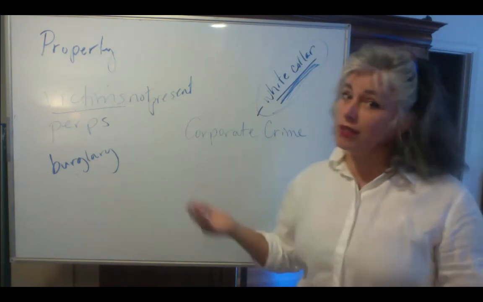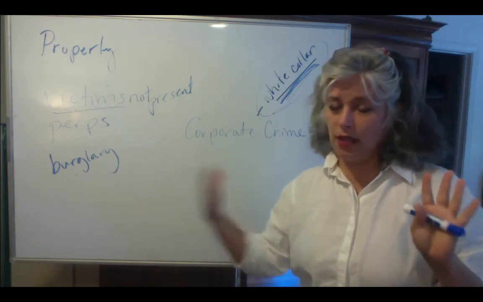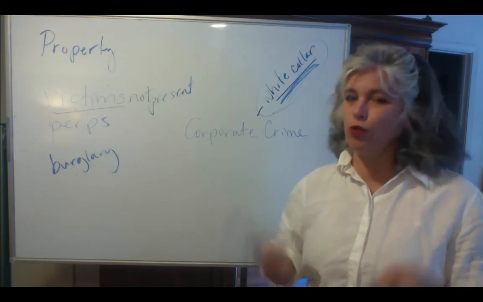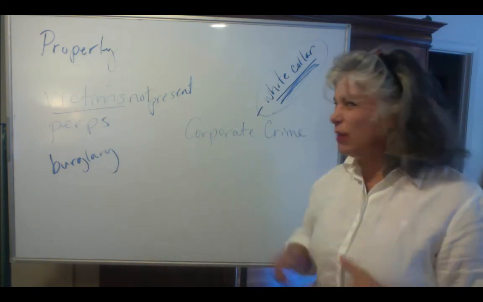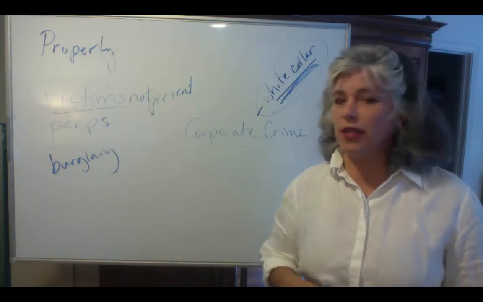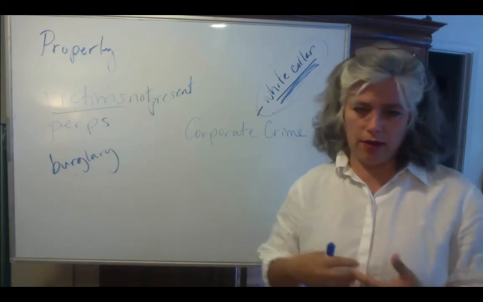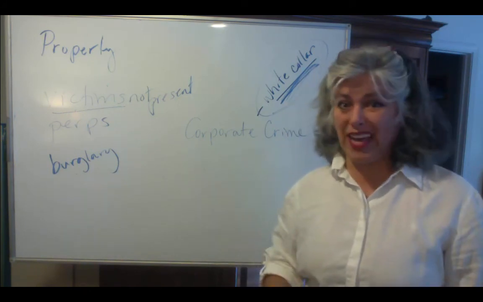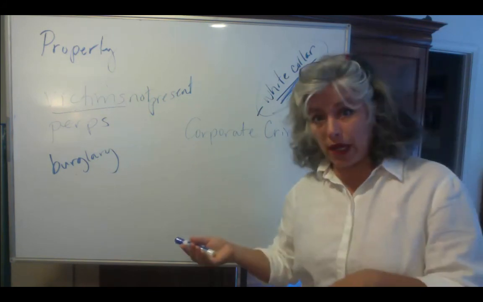And he was convicted of the crime. There was blood on his hands, so to speak, a trail of evidence that led right back to him. He was convicted of the crime, but he was fined and he was sentenced to probation. I don't remember how long the probation was. He was really raked through the coals in the media, and probably terribly embarrassed. I'm sure he suffered a lot of hardship and strife at home. If he had lots of luxuries, he probably had to sell a lot of them because he was out of work and he had a big fine to pay and he had to pay back the money.